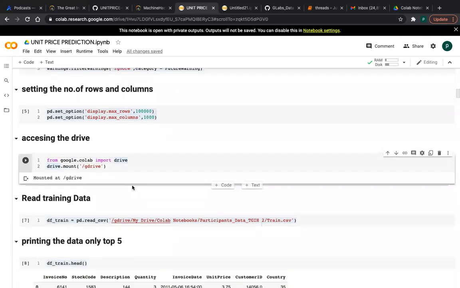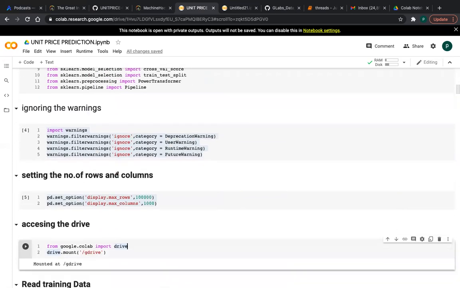After running this command, you will get one link. You have to open that link, and after opening, it will ask you to allow access to your drive. Then you will get a security code. You have to copy this into the box below. Then your drive will be mounted. So these are all common steps, friends.